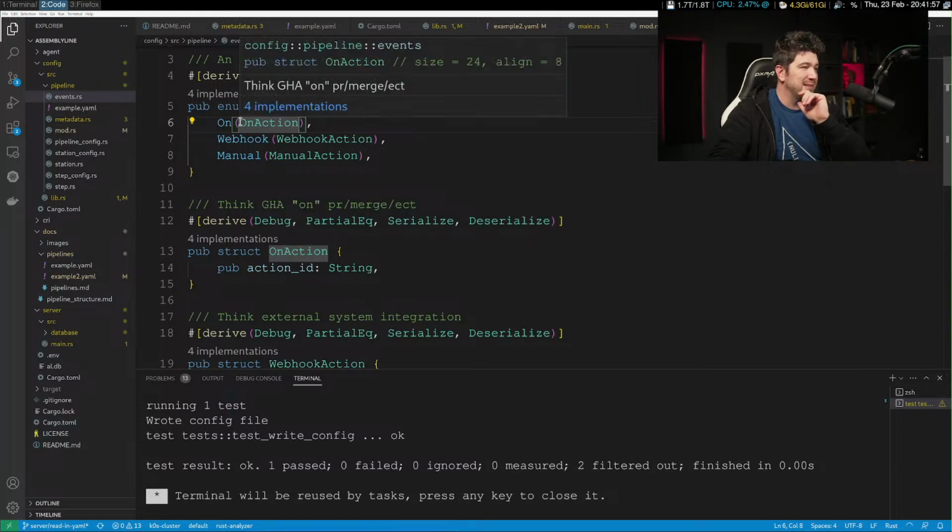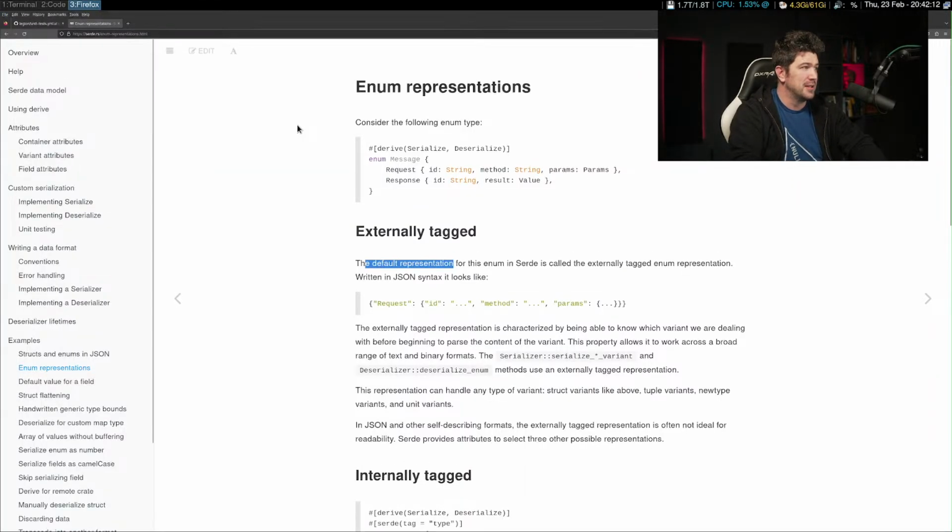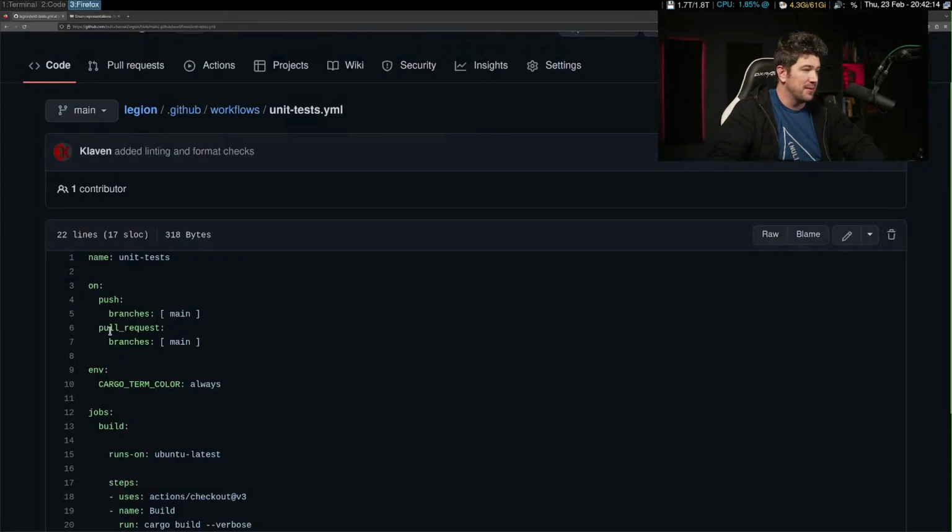But that means like this almost needs to be, I feel like this is actually going to be kind of a complicated thing to deserialize because we wanted to have multiple things here to be on, like this, where you could be on push or pull request or whatever it is that you wanted.